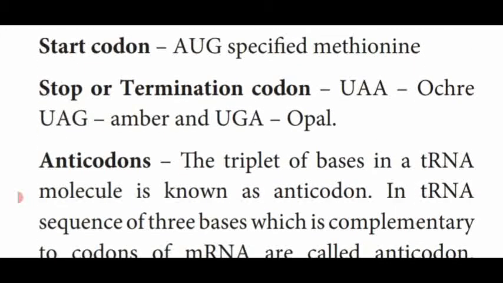First one, start codon. So what is the start codon? I already showed in the diagram of RNA splicing in plants. And the last step of RNA splicing, that is mature RNA, which contains 2 ends, a cap and a tail, with the 3 exons. And also we have seen stop codon and start codon, isn't it? That one only we are going to see in this page. First one, start codon. So the start codon contains 3 nitrogenous bases